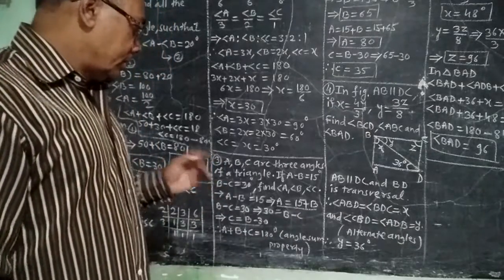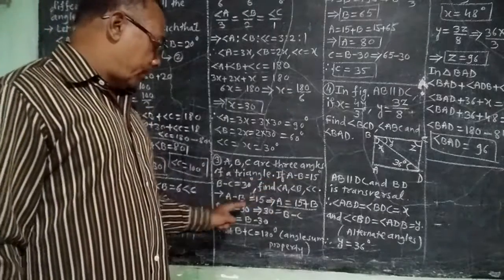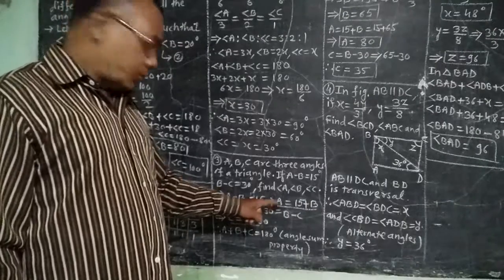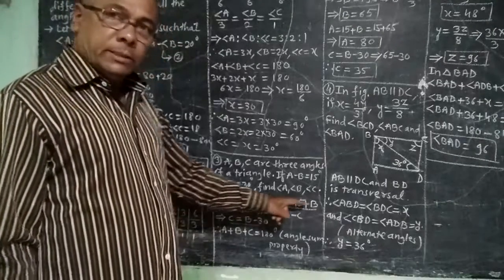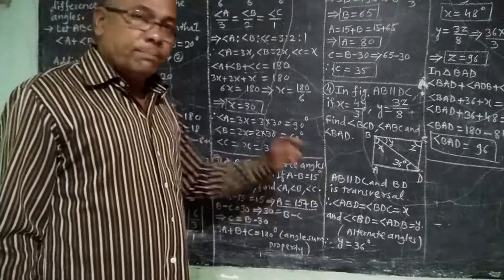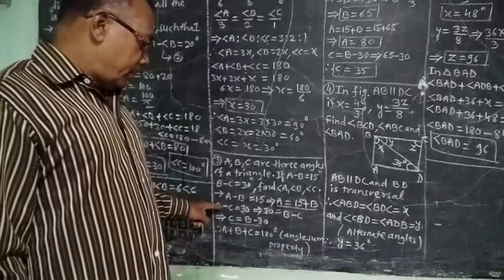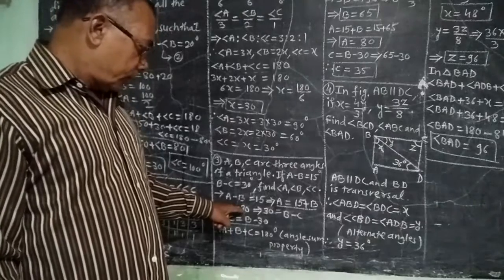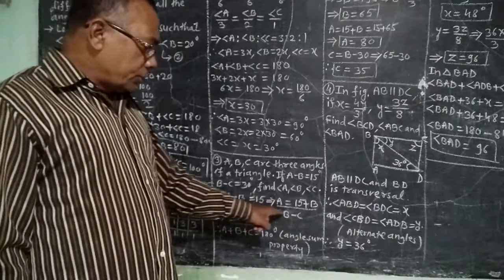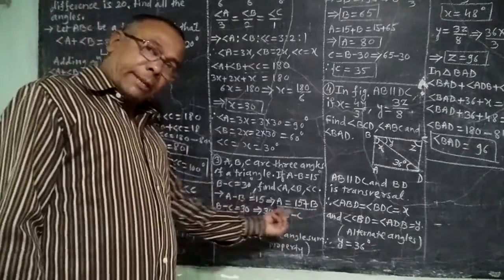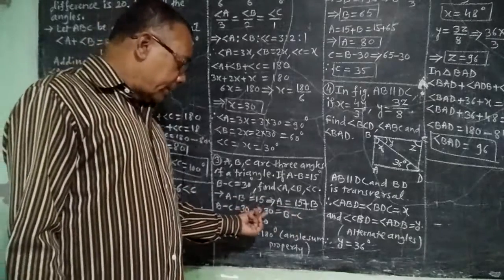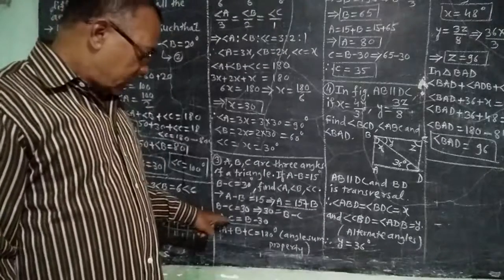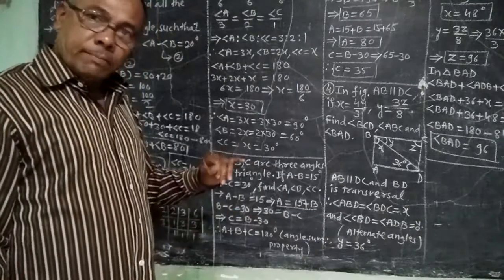First, it is given that A minus B is equal to 15. So I have written here A minus B is equal to 15, which implies A is equal to 15 plus B. Then B minus C is equal to 30. And therefore we can write 30 is equal to B minus C, or minus C can be taken to the left side and 30 can be taken to the other side. So we will get after transformation C is equal to B minus 30.